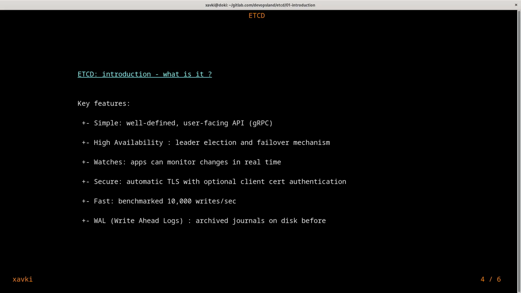For the performance, etcd is really fast. You have some benchmarks with more than 10,000 writes per second. So this is really interesting to have when you need some performance. And one of the specific things that you have inside the etcd cluster, when you make some write operations, is that you